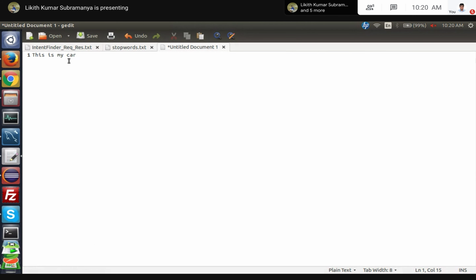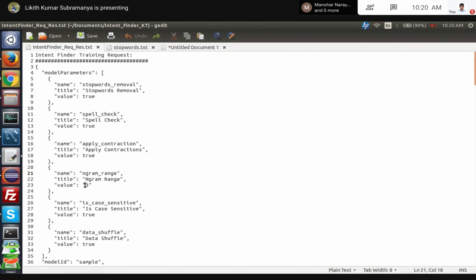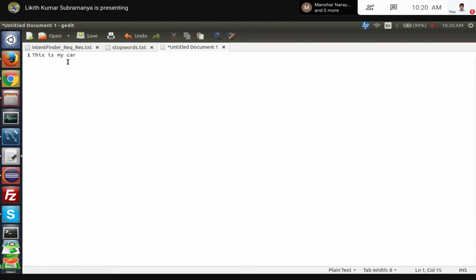So if this is your utterance, and you give an n-gram as 3, the 3 is the default number for n-gram. What it does is, this utterance will be split into 3 types. Say for example, this utterance will be replaced with this